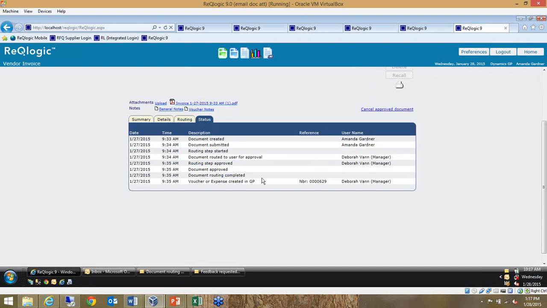And because of that direct real-time integration with Dynamics, I can say in this case it does live in Dynamics as voucher number 629. I can continue to track that voucher as it goes through Dynamics from ReQlogic. So when that voucher gets paid, if I want to include a payment date, a check number, an ACH number, any other pertinent information that might be in Dynamics, I can push that back into ReQlogic and continue to build